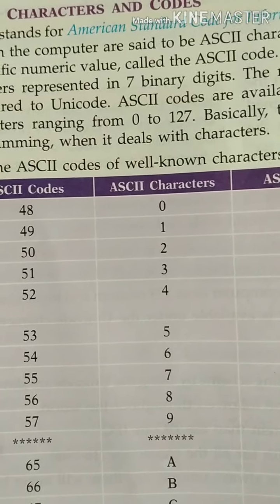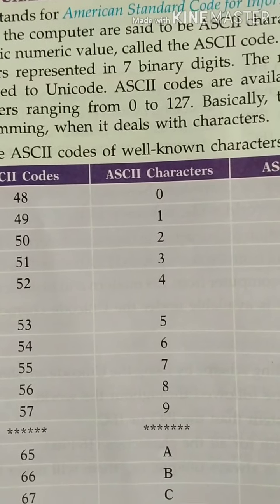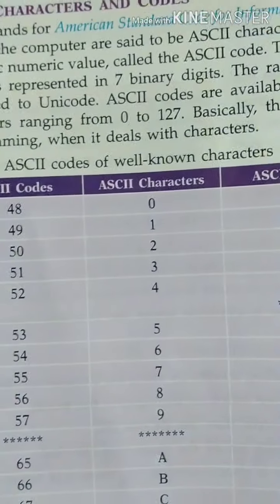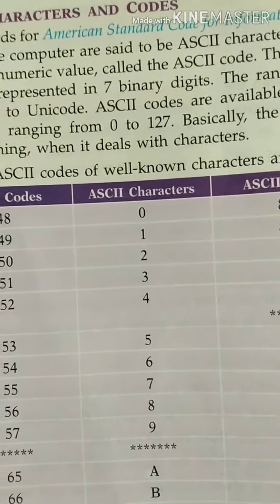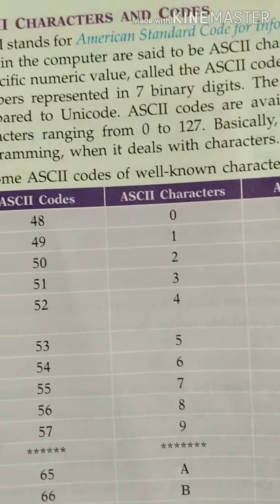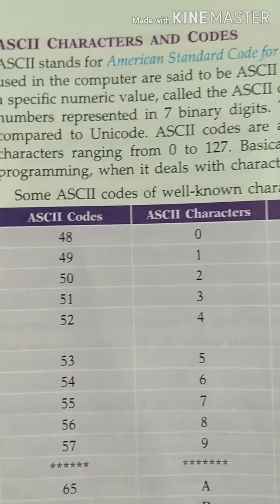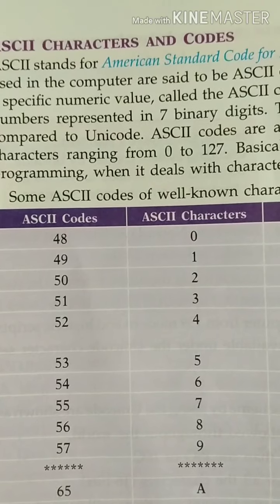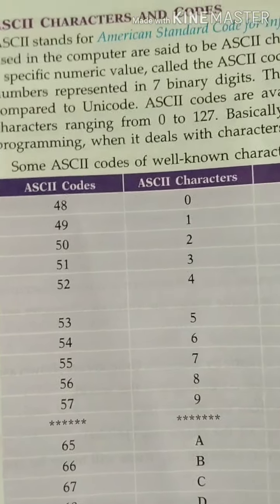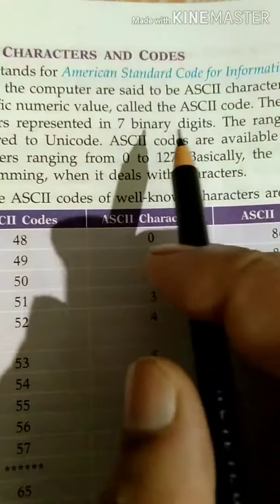If you are writing COLOUR, color, then it will show wrong, a mistake. Why? Because colour with OUR is British English. That's why it will not accept British English. Why? Because of ASCII code. The meaning of COLOUR is not defined in the ASCII code. That's why that is coming wrong. Okay, I hope you understood what is the use of ASCII code.